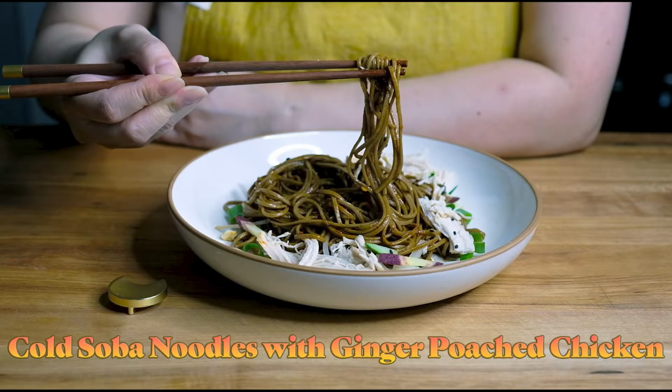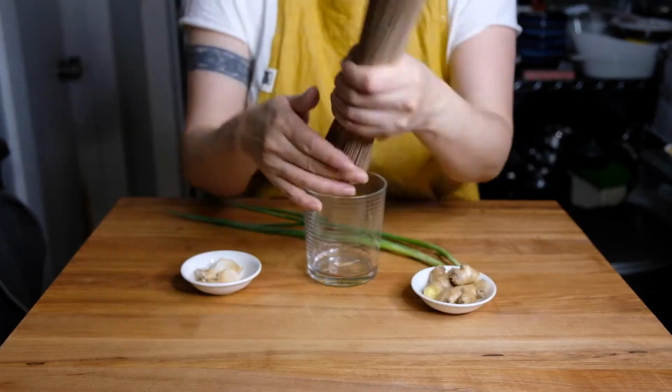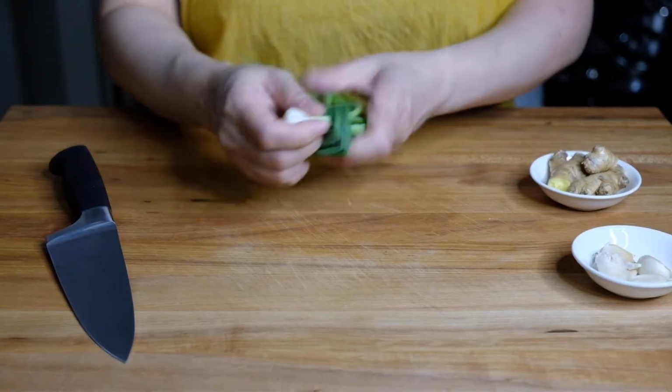Today we're making cold soba noodles with ginger poached chicken. We're using soba for this, which is a buckwheat noodle, and I thought a cold dish would be nice, especially in this heat. To start this dish, we need to make a poaching liquid, so I have 2 scallions, just